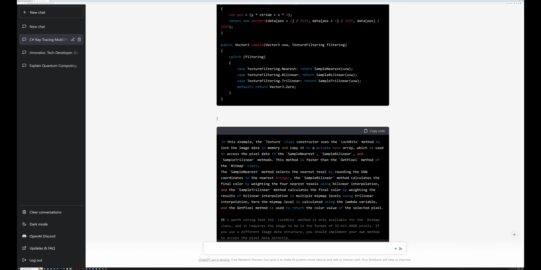The sample nearest method selects the nearest texel by rounding the UVW coordinates to the nearest integer. The sample bilinear method calculates the final color by weighting the 4 nearest texels using bilinear interpolation, and the sample trilinear method calculates the final color by weighting the results of the bilinear interpolation in multiple mipmap levels using trilinear interpolation. Here the mipmap levels are calculated using the lambda variable, and the GetPixel method is used to return the color value